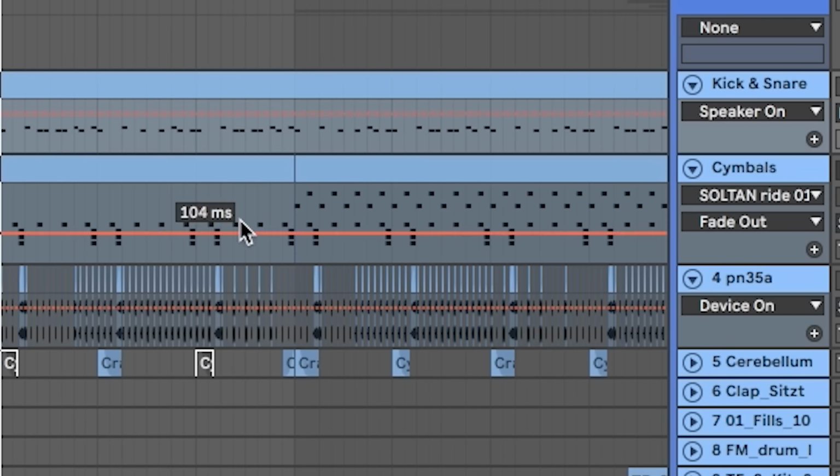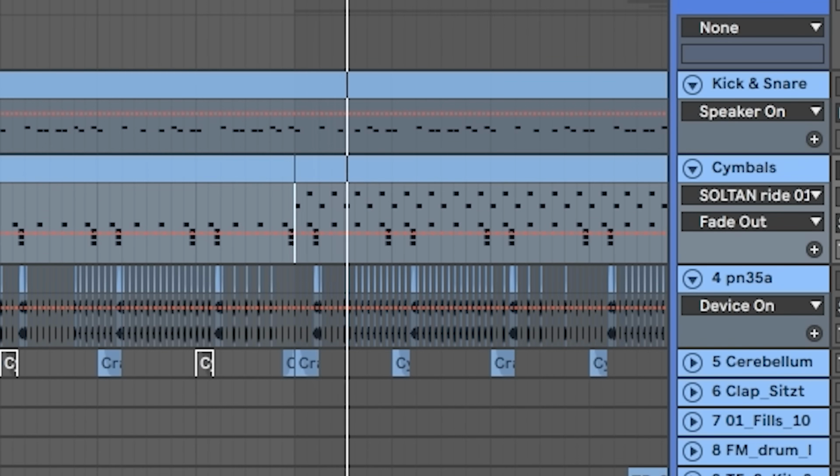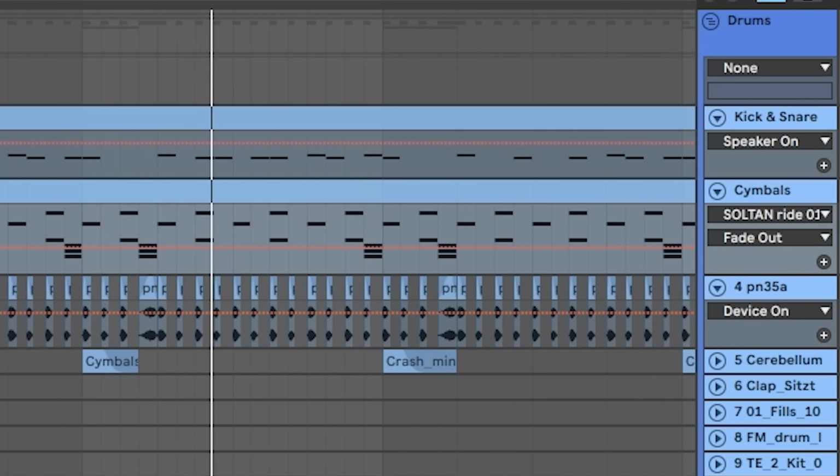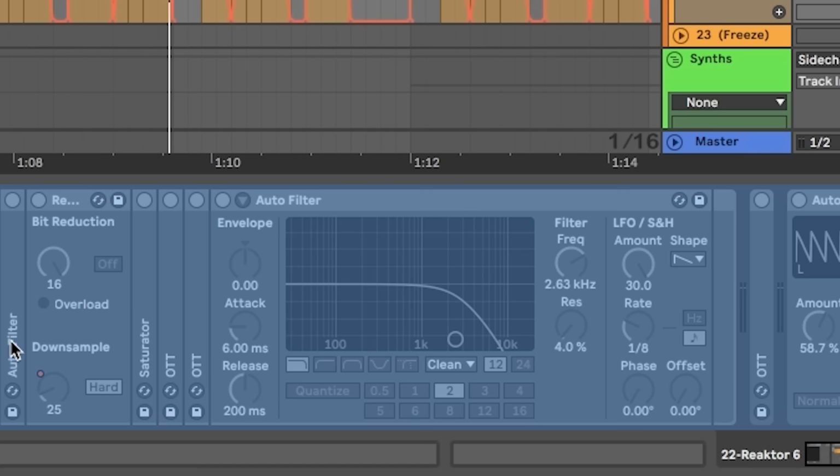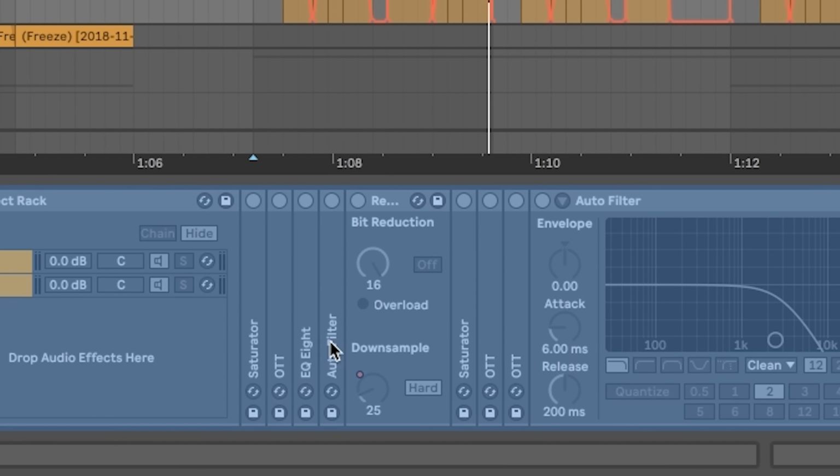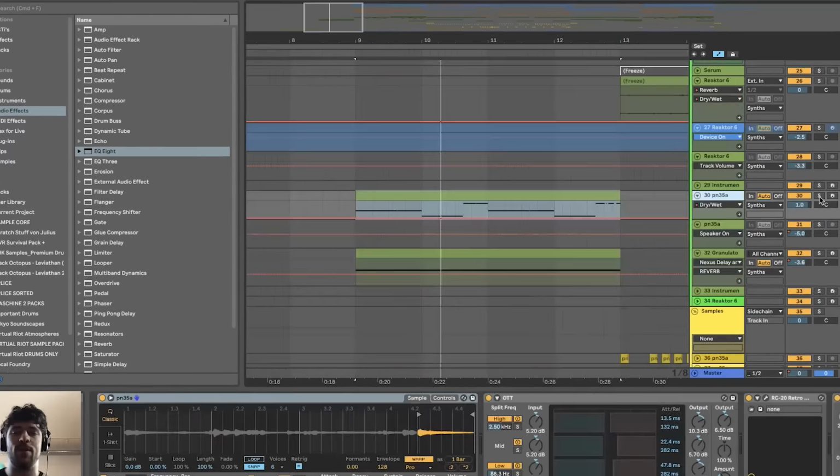Those drums are not made from the original piano samples, so I just had a kick and a snare up here, and some cymbals, some snaps. Then the main bass in here is also some effect craziness. It's an auto filter with a very small bandpass and lots of resonance, then being run through a bit crusher that creates this kind of oi, yo, yo effect.